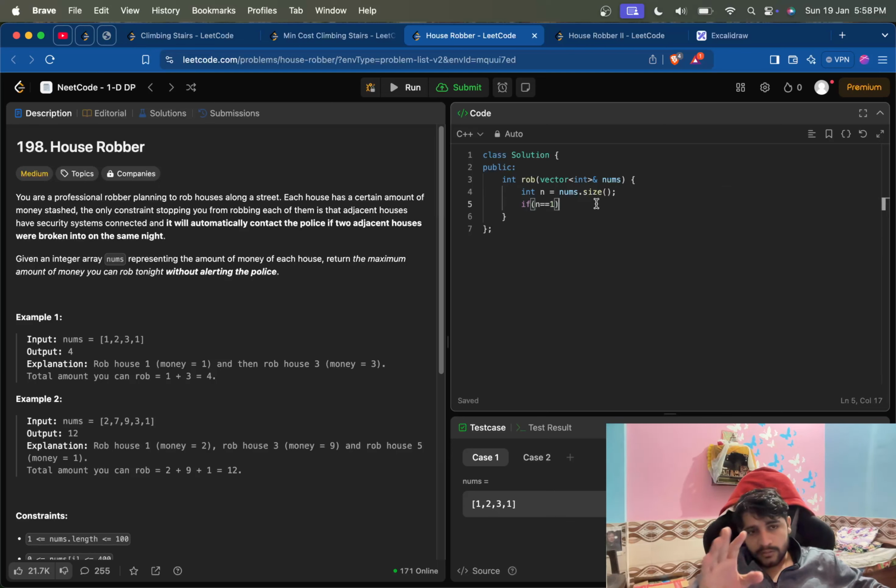If we have a smaller solution, we can take, if n is 1, we just have to return nums[0]. That is, there's only one house, so we will rob it. If n is 2, there are two houses. We cannot rob both of them because they are adjacent. We will just rob whichever has the maximum amount of money. So nums[0] or nums[1], correct? Whichever is maximum, we will rob it. Now in all other cases,